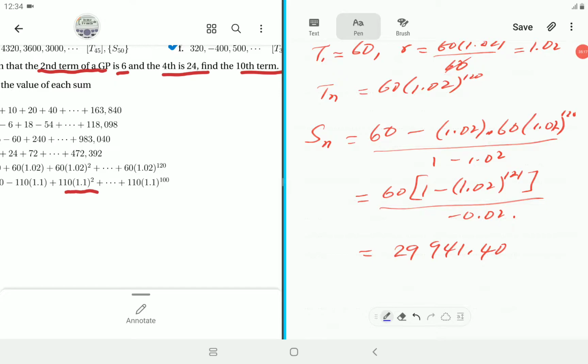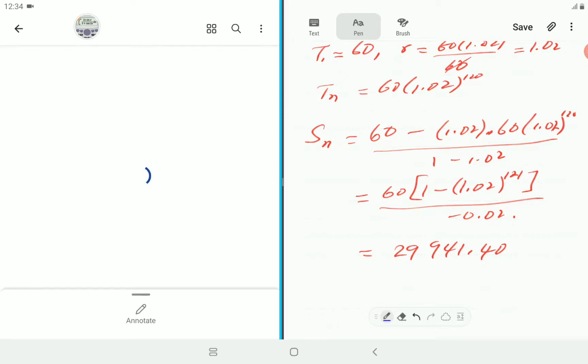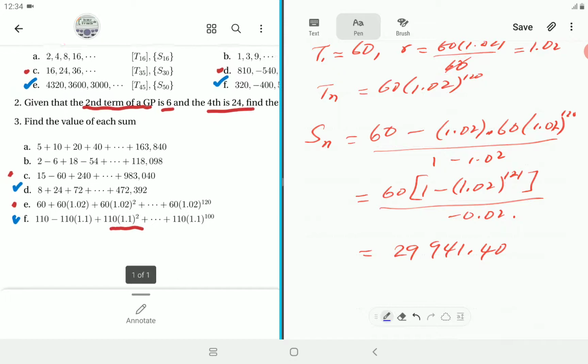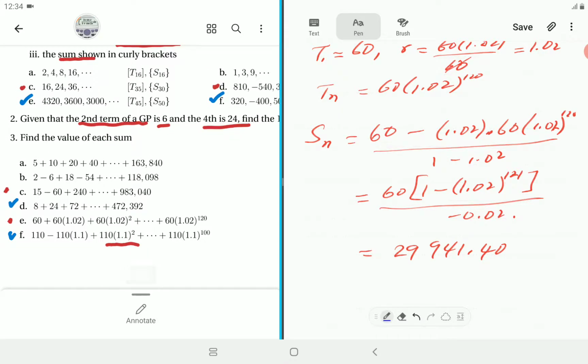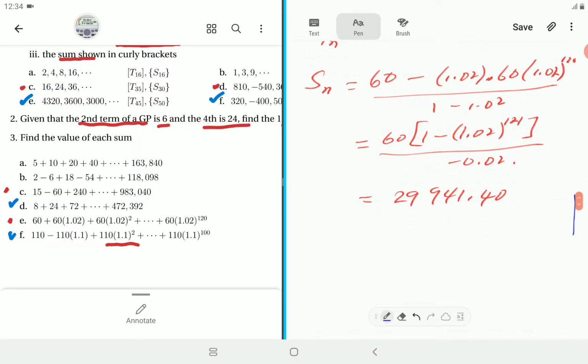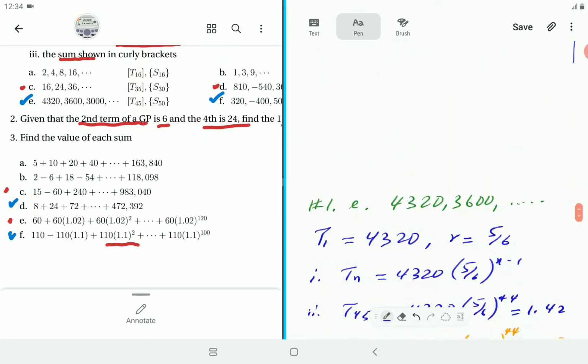All right, we now assume that you've had a go at number 1, E and F, and number 3, D and F. If you haven't done so, please do so. It's going to be more helpful if you have a look at our answers after having tried the problems yourself. So I'm now going to scroll down to our answers. So for number 1E,